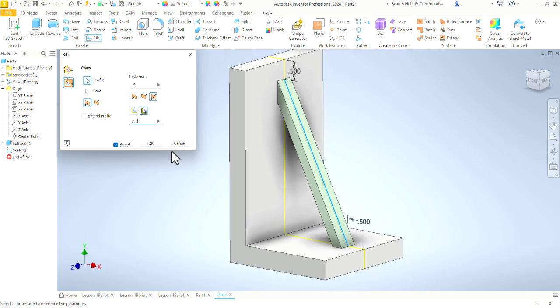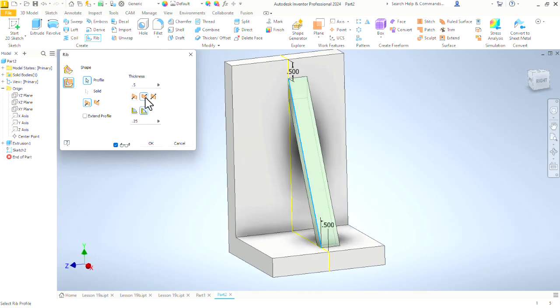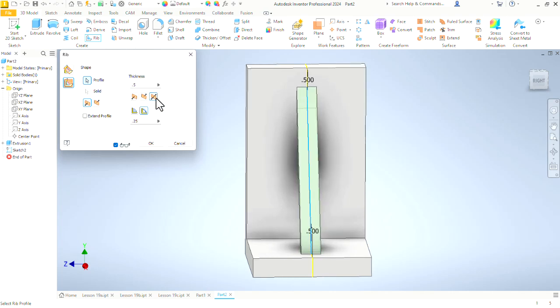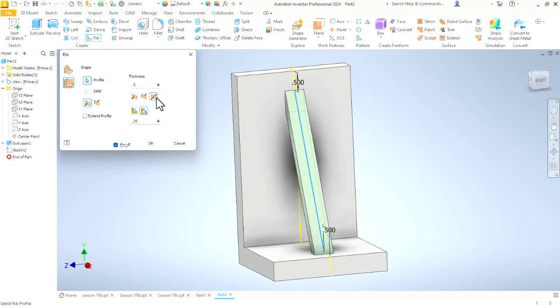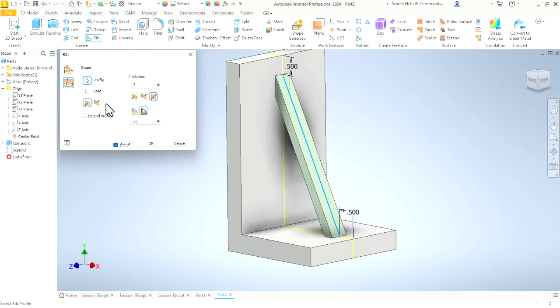Go practice this. Try different shapes. If something goes wrong, look at these two options, normal to sketch plane versus parallel to sketch plane. Look at what direction you're going. You can look at these, see if we click one direction or the other, it puts it off to the side of that center work plane. But I created this part all around the work plane so everything can be centered and symmetrical. Check or uncheck extend profile if that gives you any problems, but work through, try the different options, practice rib,